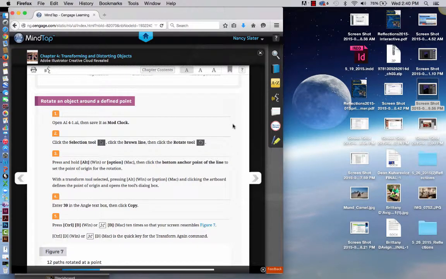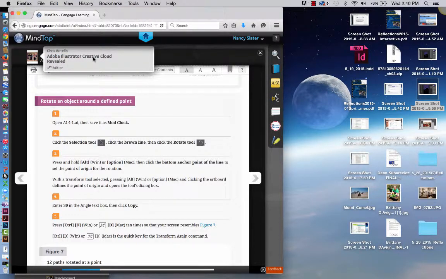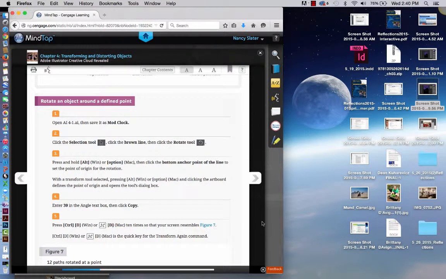Hey, welcome guys. I'm back and we are in our textbook, which is Adobe Illustrator Creative Cloud Revealed by Chris Botello, first edition. And we're working in chapter 4. We're working with our transform